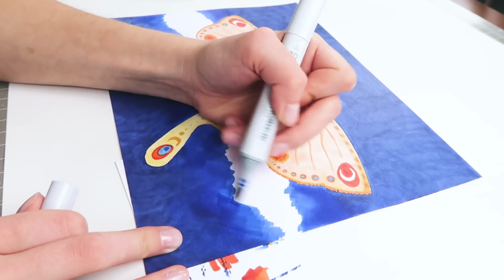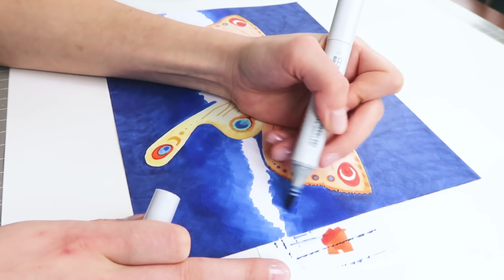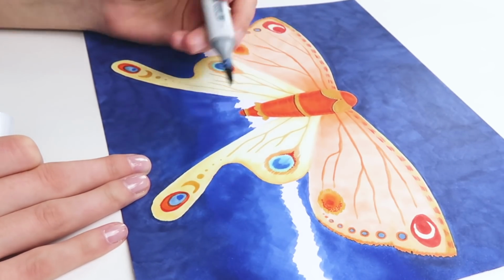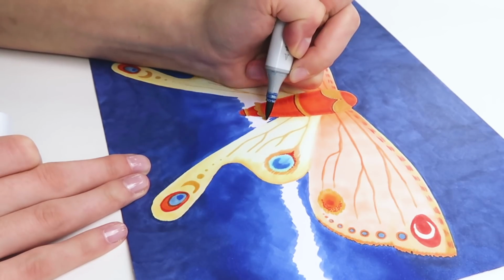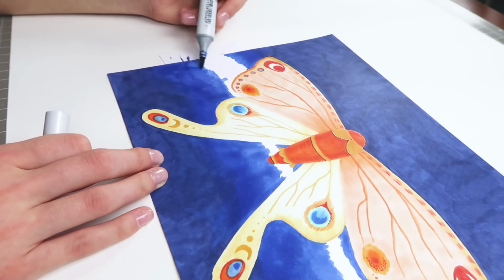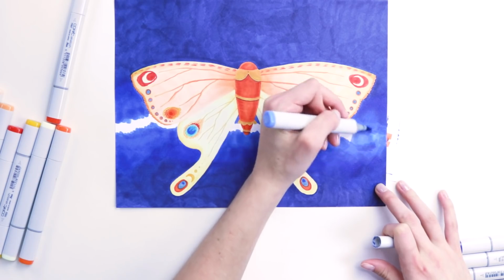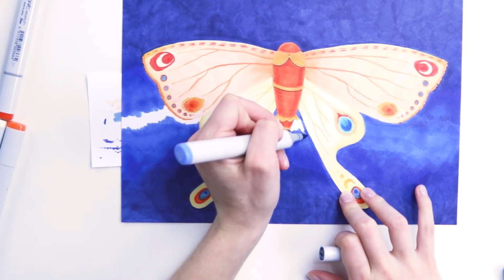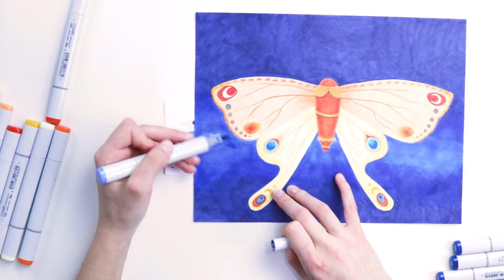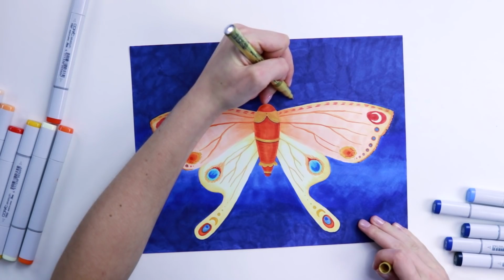I mean, this butterfly did not want to hang around. It's an adventurer. It wanted to go exploring. So we are conveying that in this picture, but also keeping it kind of surreal and abstract. And this is something I would probably hang in my studio. It just feels very bohemian and fun, interesting. So right now it's just kind of looking like a blotchy mess because nothing is really happening,